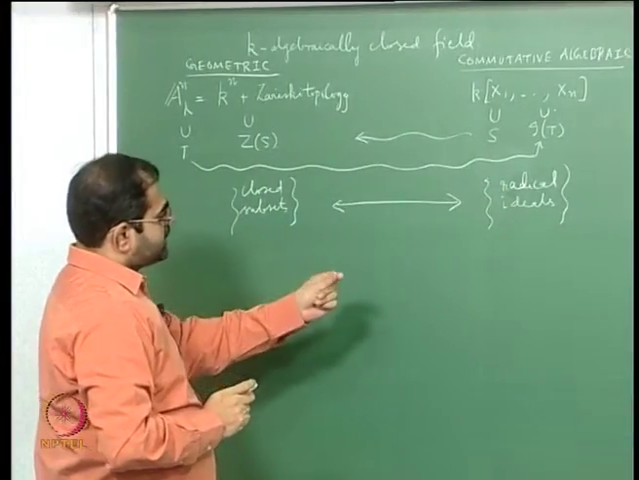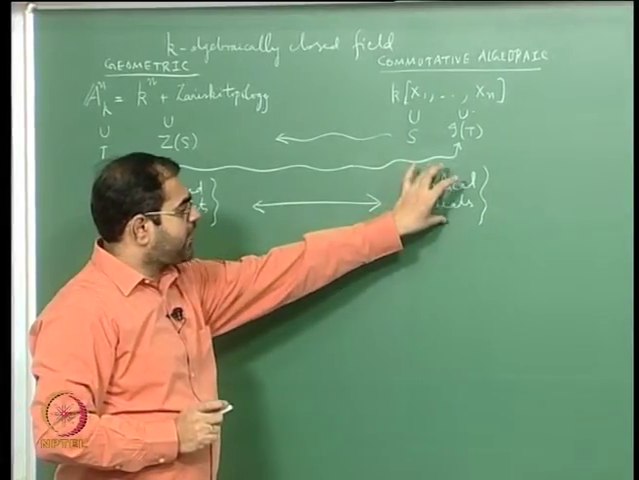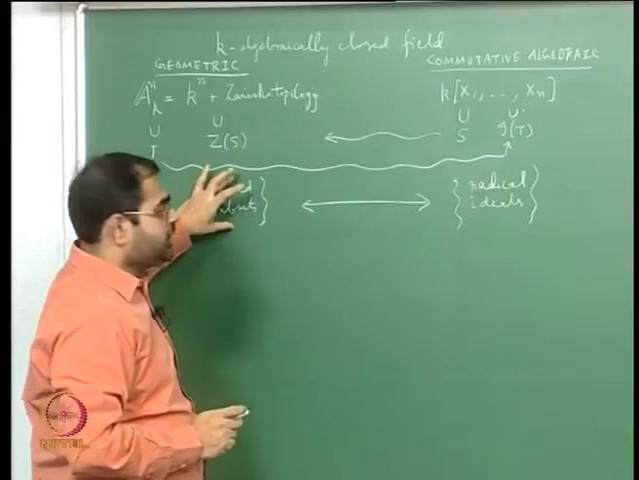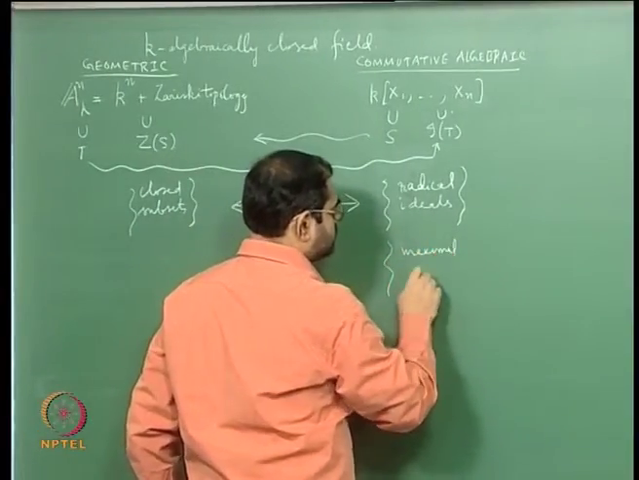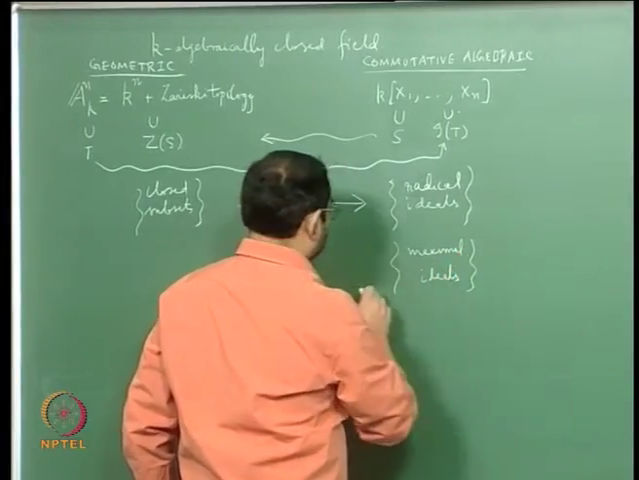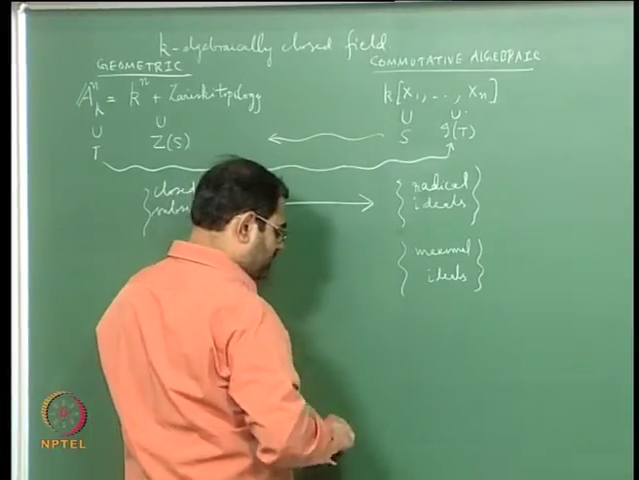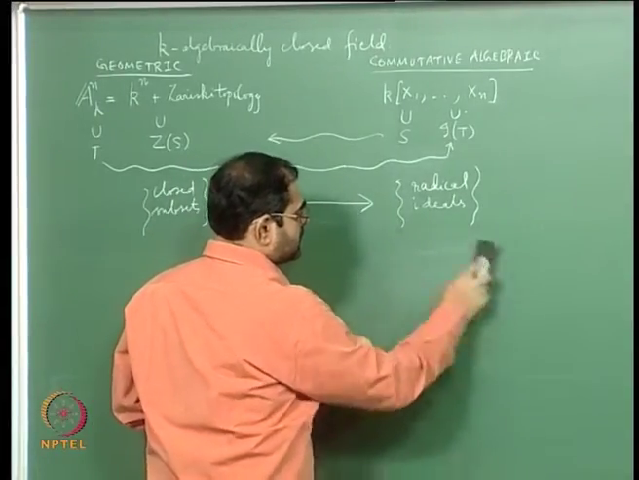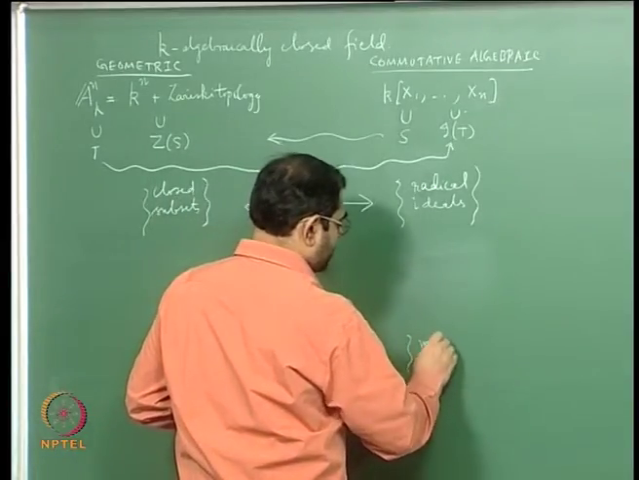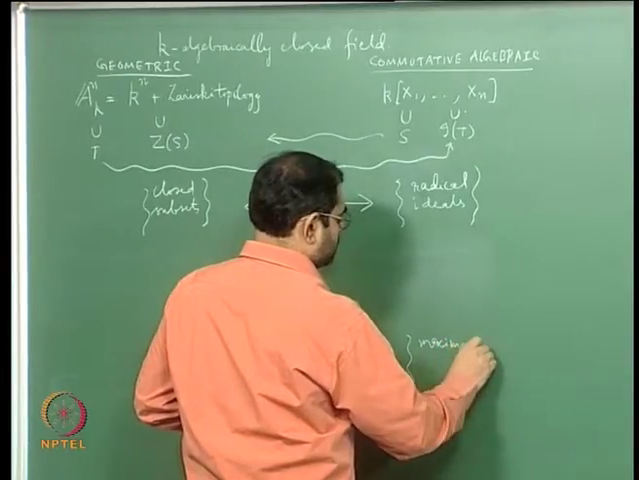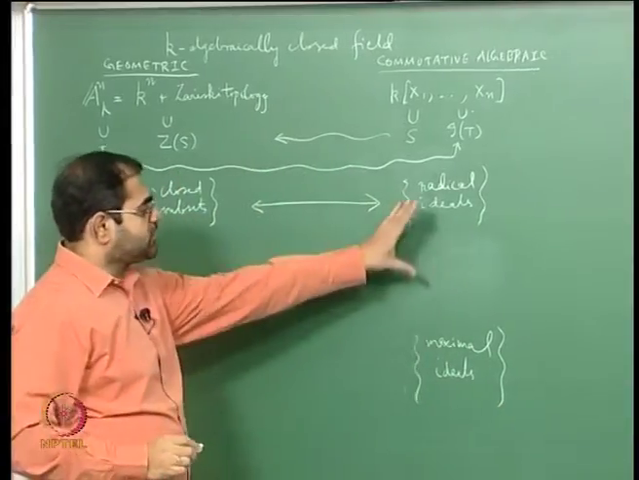And the other important thing is that if you look at radical ideals you get closed subsets. On the other hand, if you look at maximal ideals, then you should remember, so maybe let me write this below, let me leave some space in between. So the maximal ideals are also